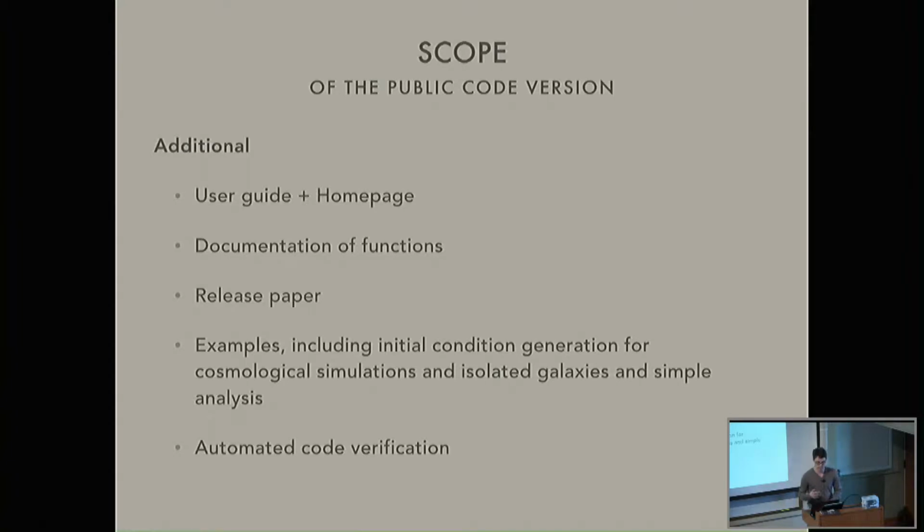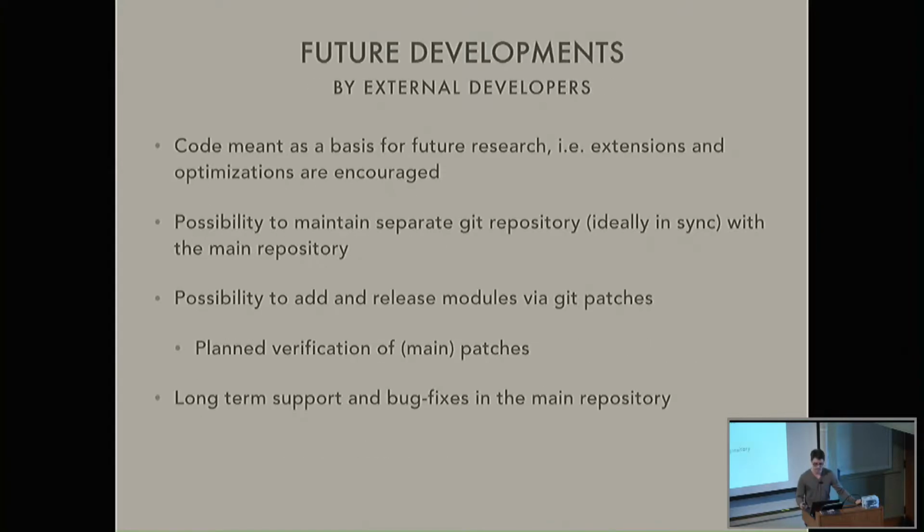And we're using this not just in the public version, but also in the development version, which is actually even more important. And last but not least, what we want this code to be is really a basis for other computational astrophysics, for other developers to be used. So this will be accessible in a normal Git repository, and we encourage people to extend this as well, have their own repositories, and ideally, if they want to make these extensions available,